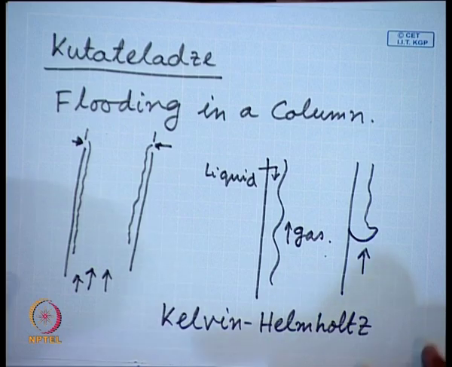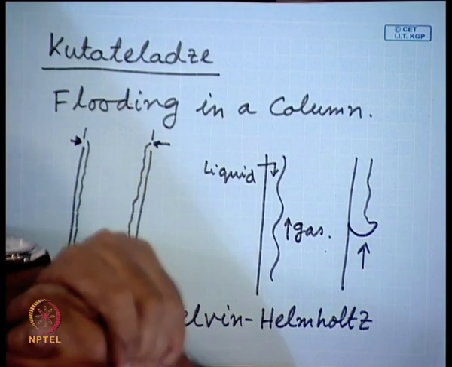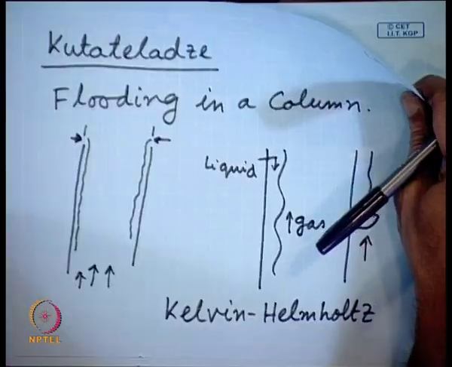This is due to Kelvin-Helmholtz instability. So, Kutateladze, he could see or he could postulate that the critical heat flux phenomena and the flooding phenomena have got certain similarity, and he has first given some sort of relationship, not based on very rigorous mathematics, but based on some sort of logic, the logic which I have told already. So, based on this logic, he could give some relationship. The relationship which he has given is this: